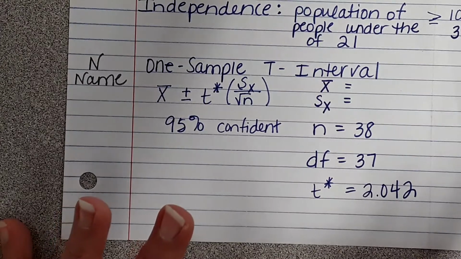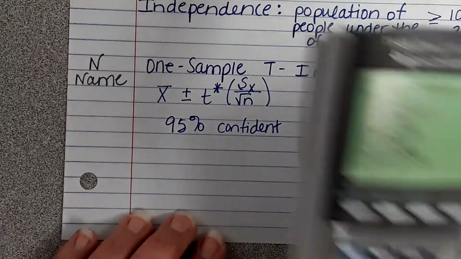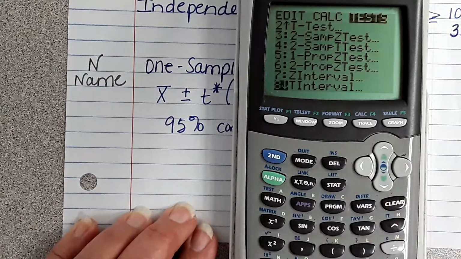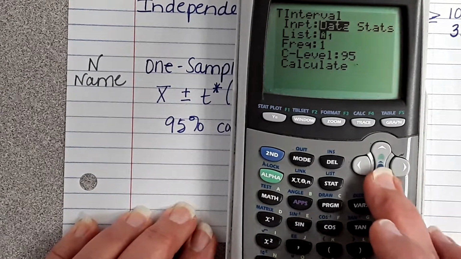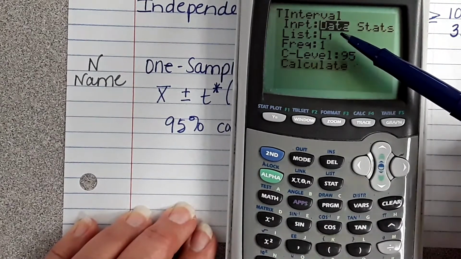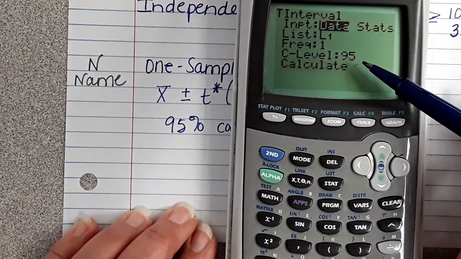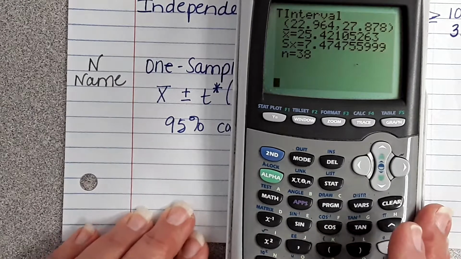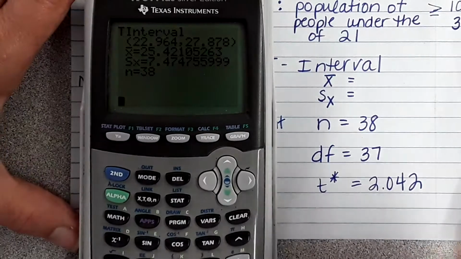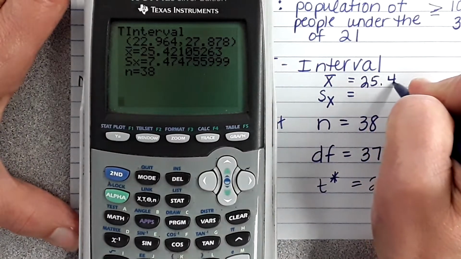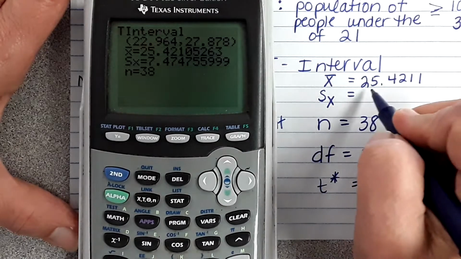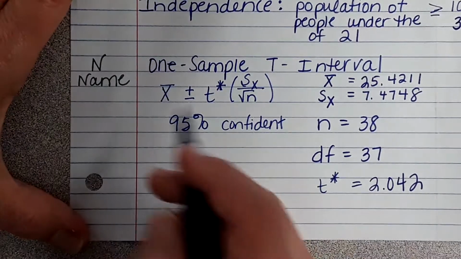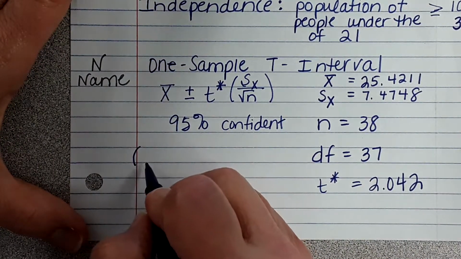Now, they're going to expect you to use your calculator, which we already did, right? So let's make sure. Stat over to test. Down to a T interval. I use data, and then I'm going to calculate. My data is in list 1. Frequency is always 1. Your confidence level is whatever they give you. You hit calculate. My x bar is 25.4211. My s of x is 7.4748. And my interval is